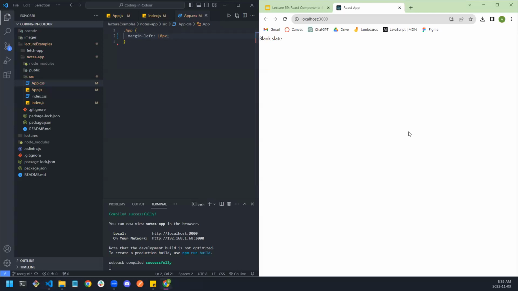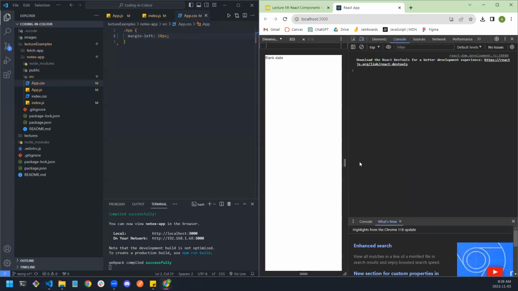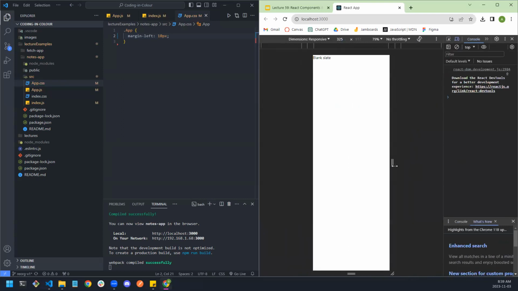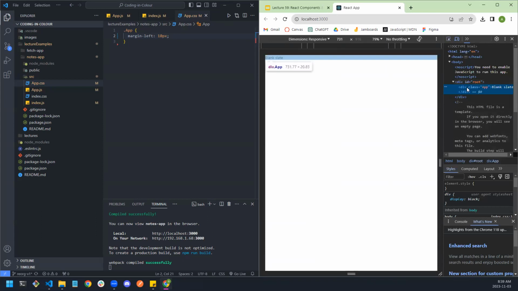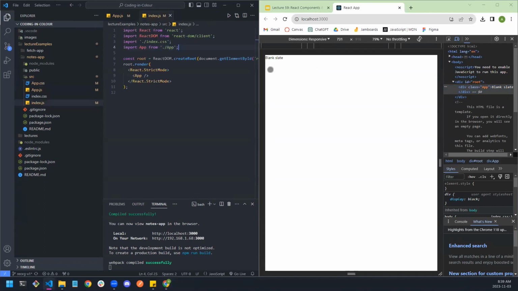Okay, wait, let me see what's going on here. Oh well, we'll worry about the design later. Let's not worry about the design right now. So the main idea,